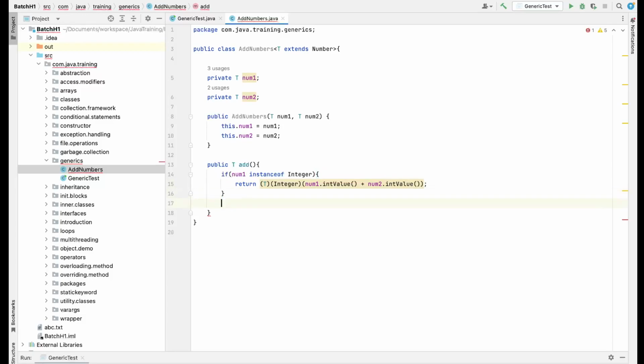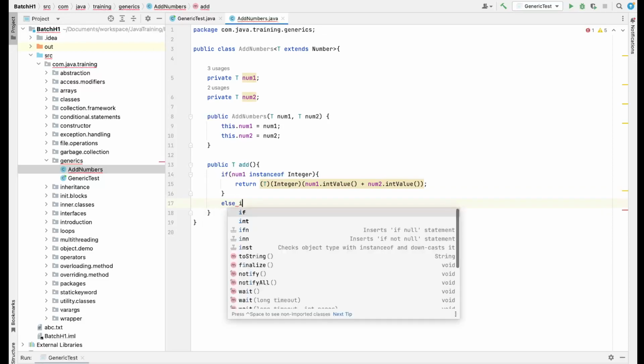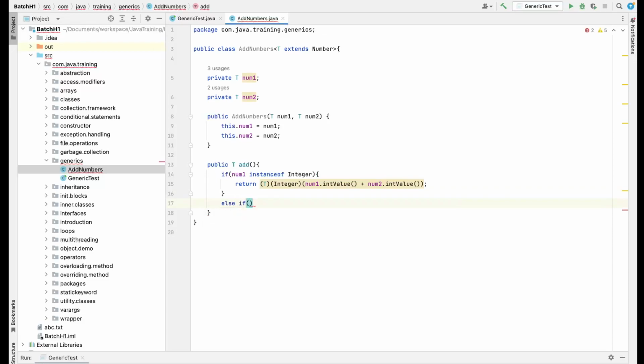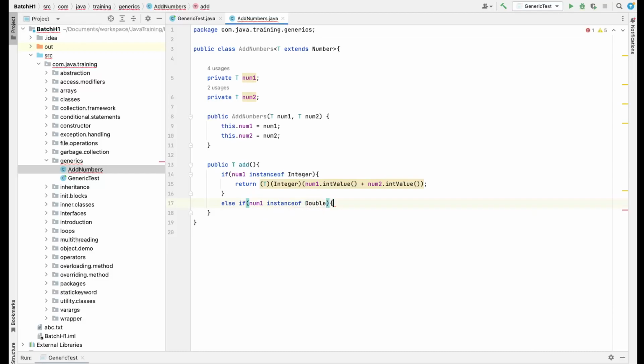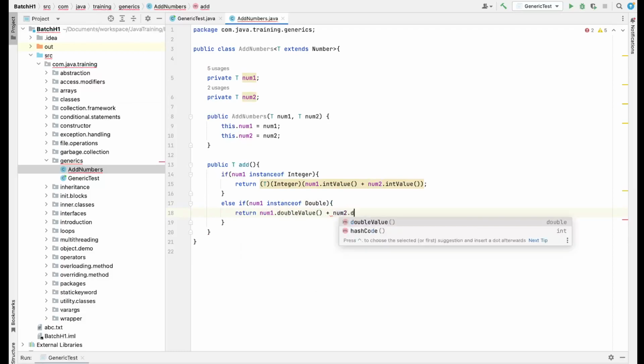Now let's say I want to handle double values. So we'll write one else if condition. We'll again check whether num1 is a double. So we can use instanceof, which helps us check whether this particular number is an instance of Double, meaning it is type checking if it is a double. So in this case, we'll again do num1.doubleValue() plus num2.doubleValue(),